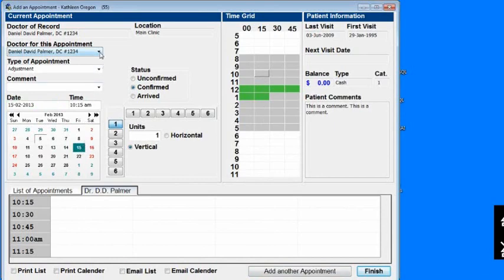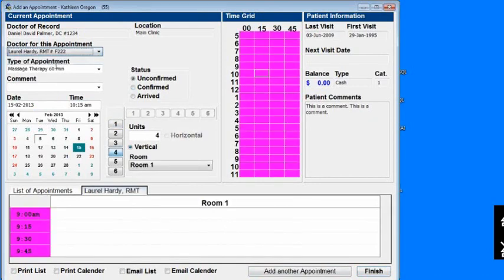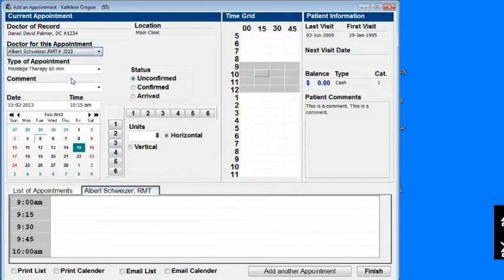Massage is generally harder to book, so I'm going to choose the doctor for this appointment, find my massage therapist. This tells me that Laurel Hardy is not in the office on Friday. I can tell by the color. So I can go to another massage therapist and see what appointment times are available. So without ever leaving this screen, I have the ability to check all of the schedules for all of my practitioners. 10 o'clock in the morning, we're going to book a 60-minute massage with Albert, and after that, I'm going